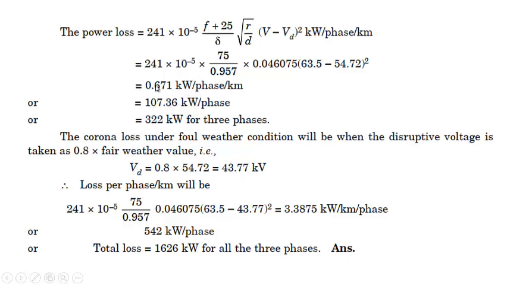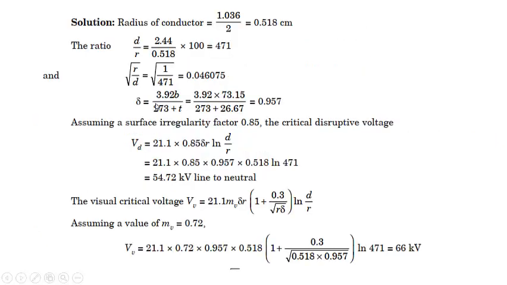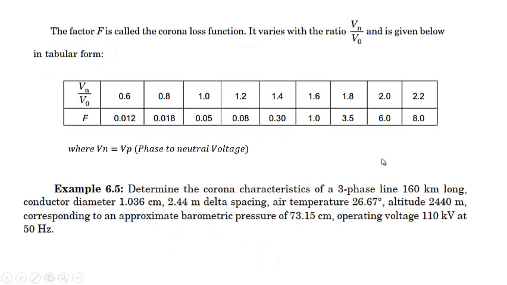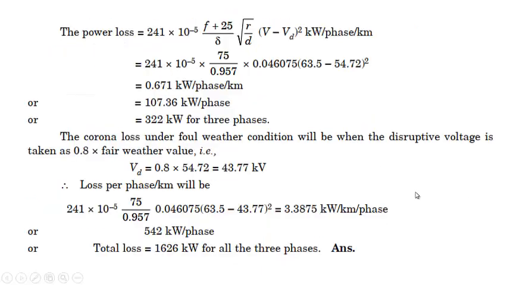Multiplying this value by the length of the line, that is 160 kilometer, it comes out to be 107.36 kilowatt per phase. So when multiplied by 3, it comes out to be 322 kilowatt for all the three phases. Now this was the corona loss under fair weather condition, where we have used the actual value of the